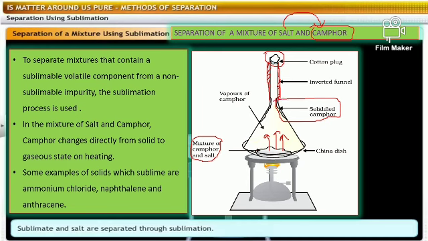So this method can be used to separate ammonium chloride from salt, anthracene, naphthalene. These are sublimable substances, so they can be separated from their mixture.